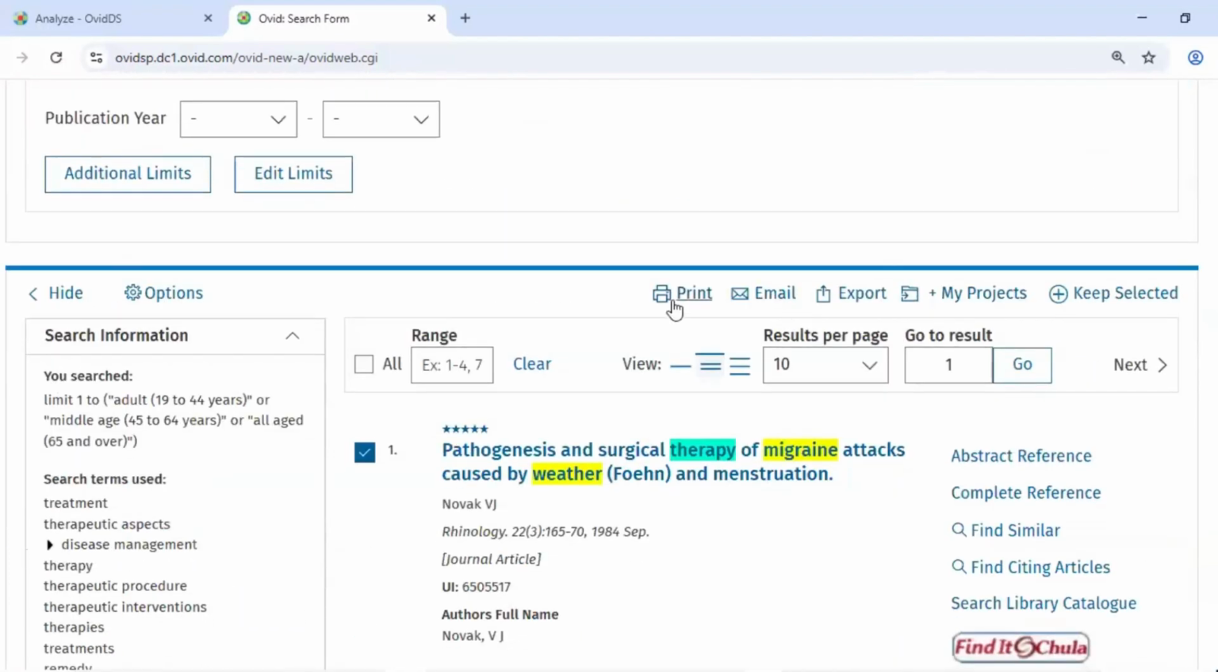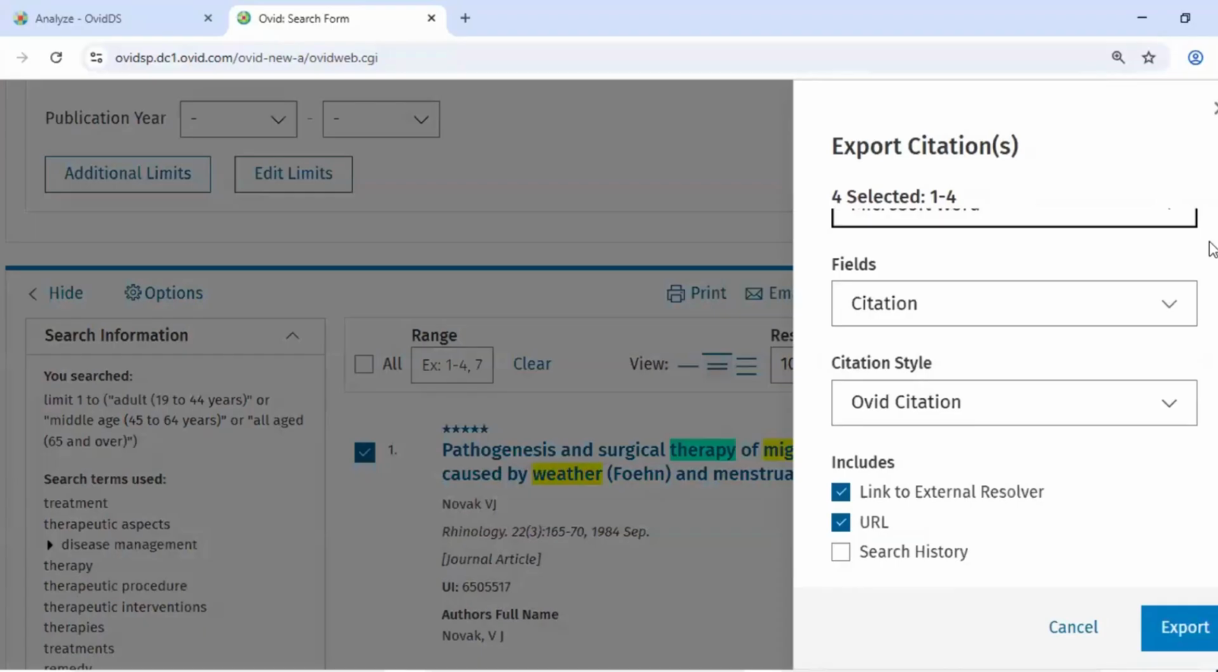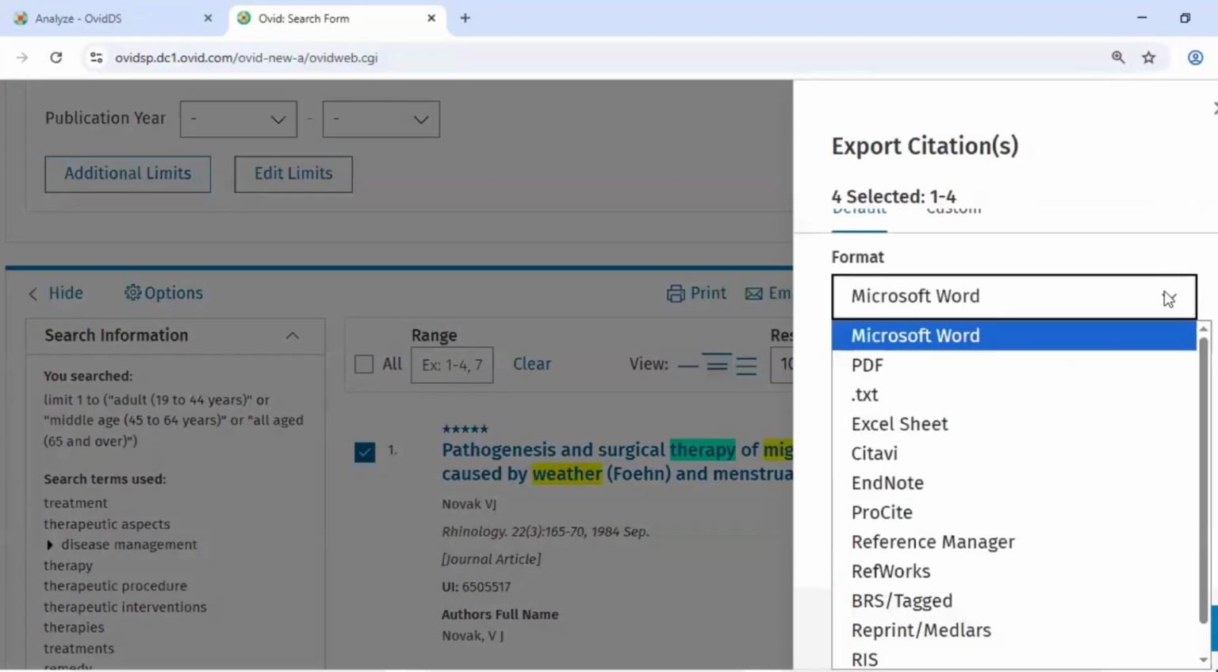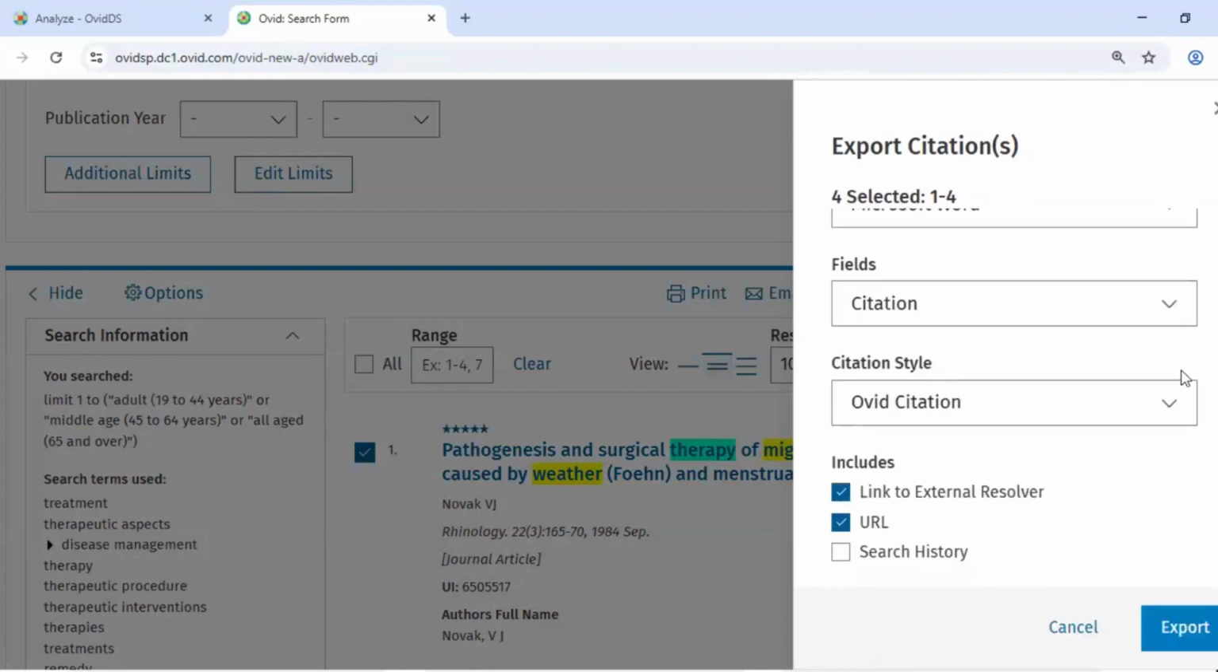We can print them. We can email them. We can export them. If we choose export, this is where we find access to EndNote and reference management tools. I think you guys use EndNote, yeah, or often. The other one that people often talk about